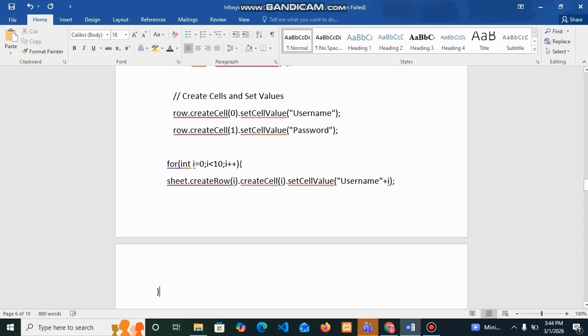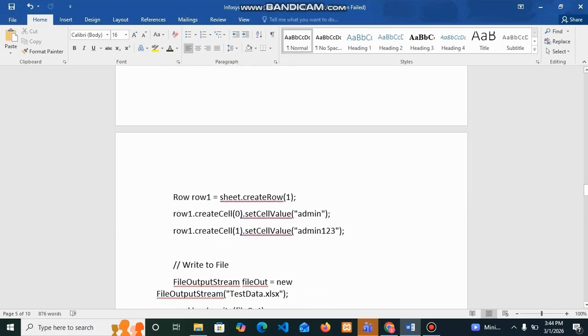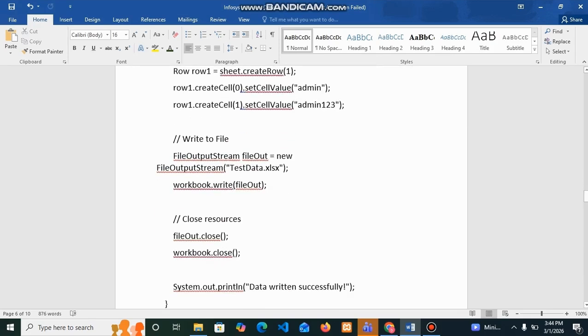Or else, if it is static values, we can create static rows and static data also. That is as part of our requirement, and later we can write this data to testdata.xlsx using FileOutputStream and using workbook.write into the fileOut, which is the Excel file output we specified.